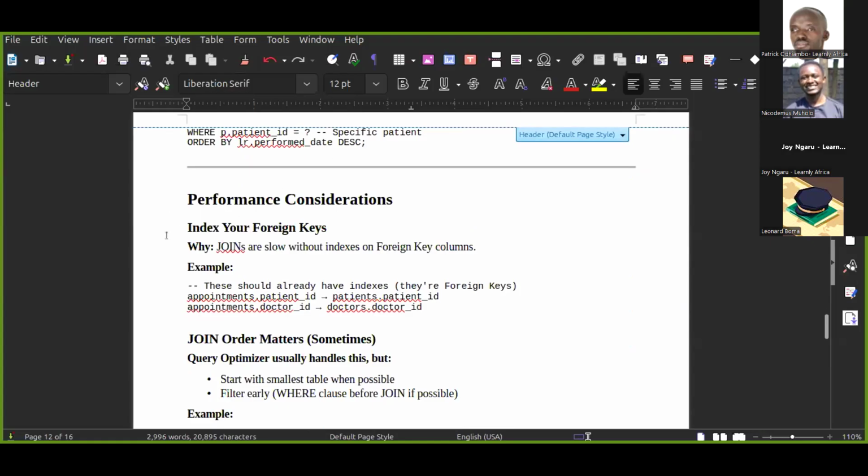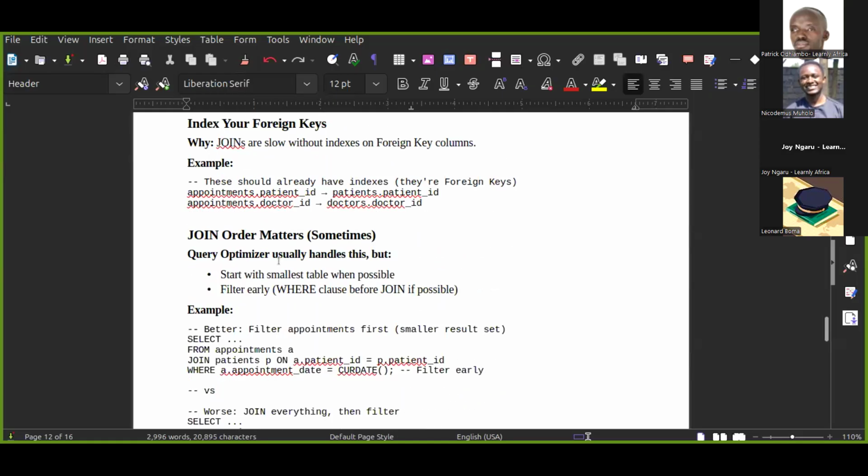So, performance consideration: index your foreign key. Why? Joins are slow without indexed foreign keys because you are linking between different information or different columns, different tables. So you need to specify, did I say tables? Sorry, columns. So you need to specify what key defines or relates to what type of information. So yeah, join order matters sometimes. Yes, it matters because when you're